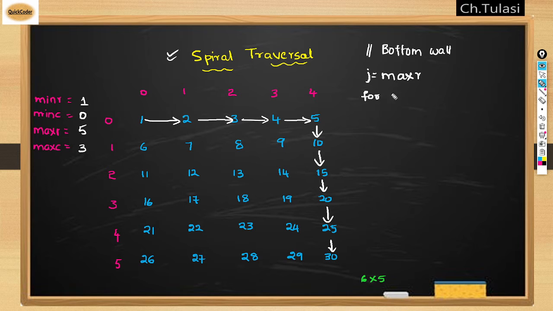Now what is my I? My I runs from this max column to this min column. Means my I is equal to max column and I greater than or equal to min column and I minus minus. Because it is decreasing from 3 to 0, it is coming from the third column to the 0th column. So I minus minus, what I will do here, matrix of,